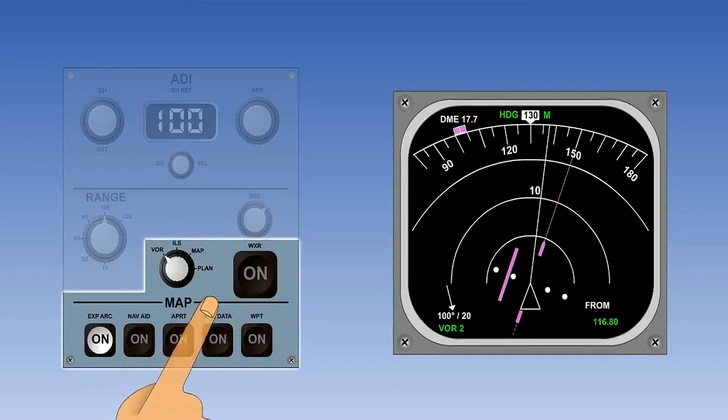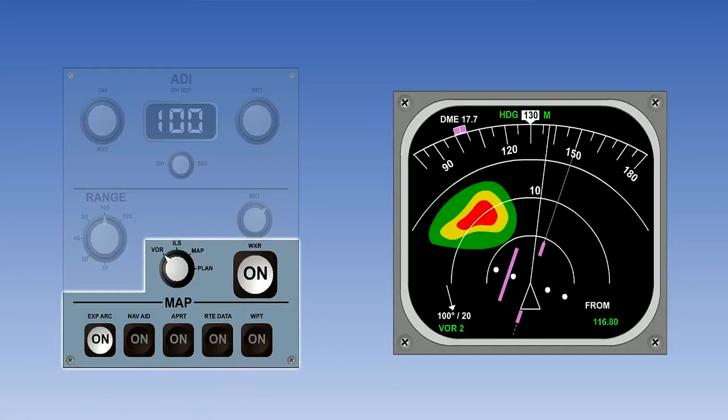In expanded VOR mode, we are also able to have a weather radar facility, so let's select weather radar on as well. The expanded VOR display on the EHSI shows approximately 90 degrees of an enlarged segment of the compass rose. In this display, the aircraft is represented by the white triangle at the base of the EHSI screen. In the lower right-hand corner, we can see the VOR frequency selected and also the VOR2 from annunciator.